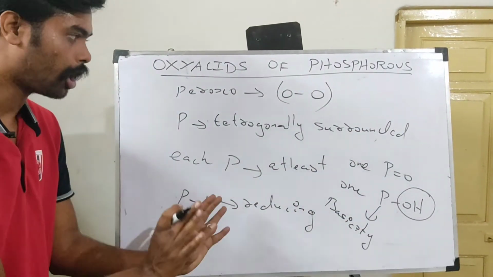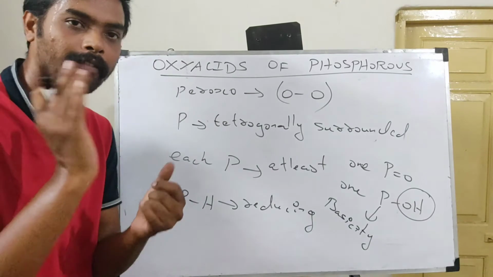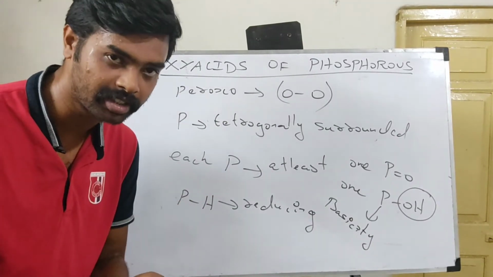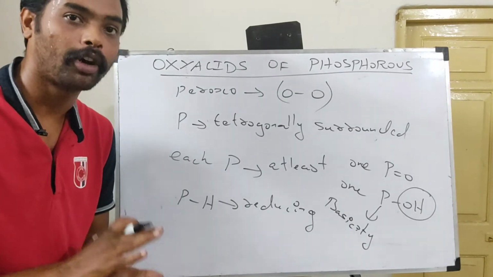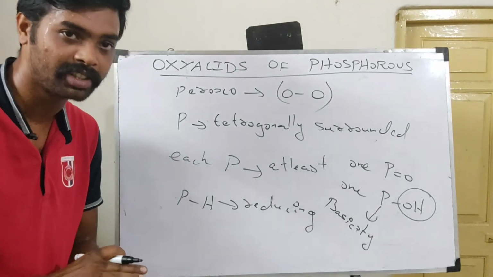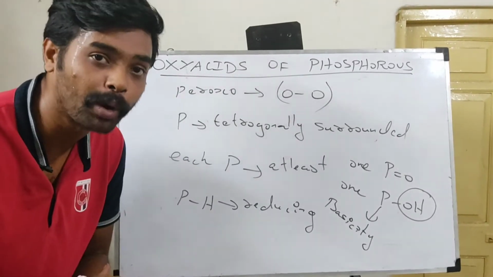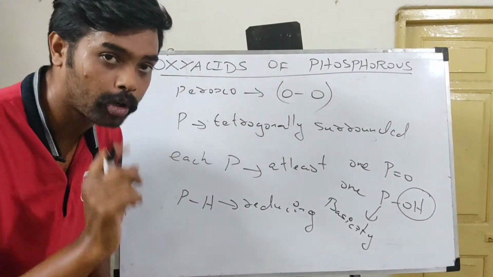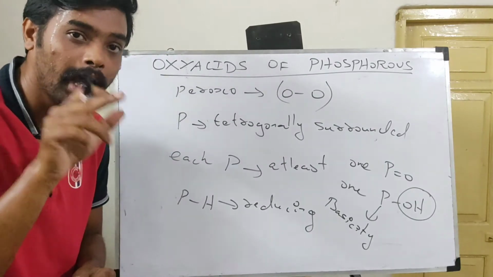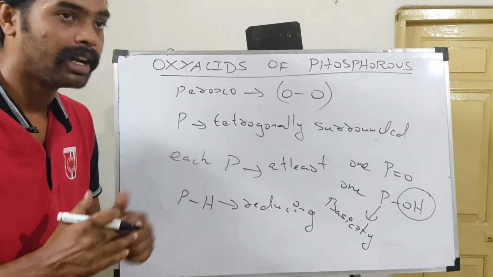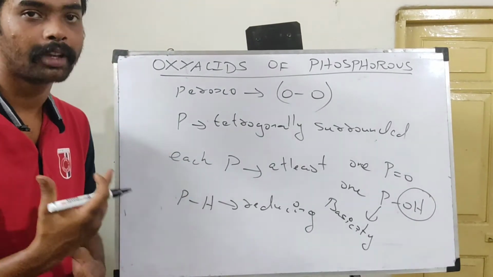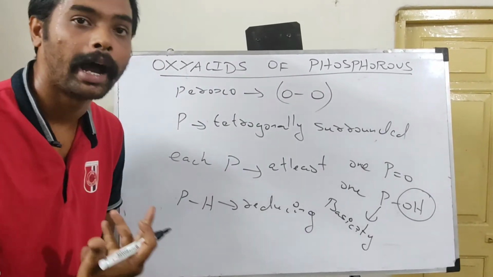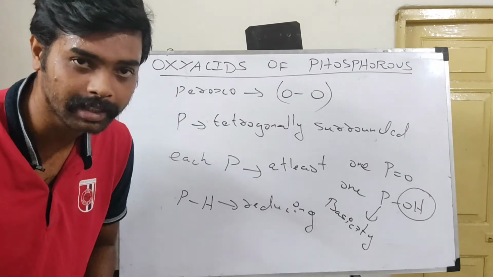So now you understood all these points. Let me just sum up. Whenever you have phosphorus OUS series, I am going to have +3 oxidation state. Whenever I have phosphoric acid, I have +5 oxidation state, and whenever I have hypo, it represents the lowest oxidation state. Generally it will be +1. And one more thing, it represents that it is going to have a P-P bond present. And whenever you have peroxo, I am going to have an O-O linkage present. Whenever I have pyro, I am going to have a P-O-P bond present, so on and so forth.